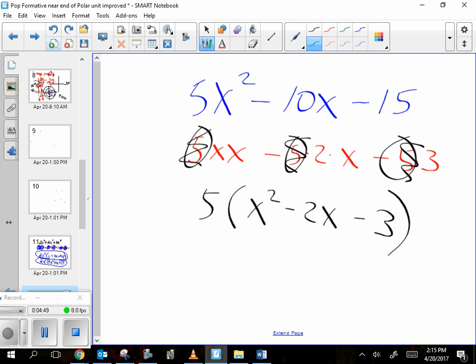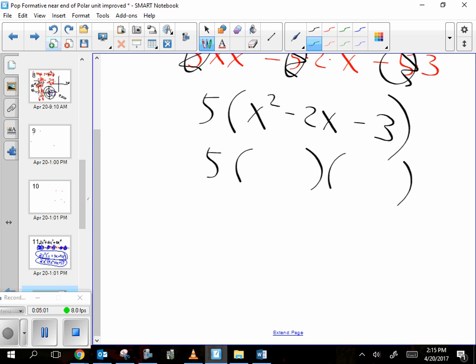That is correct. Now, how many of you noticed you can factor it again? Do you remember that this kind of factoring has an x and an x, and these two numbers,